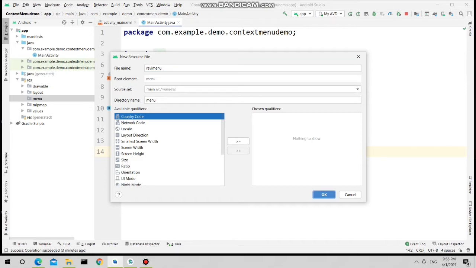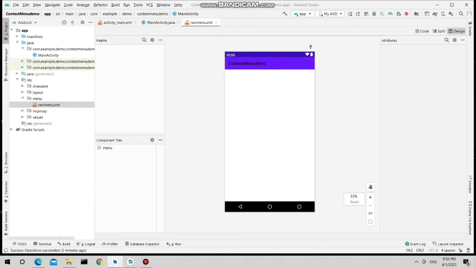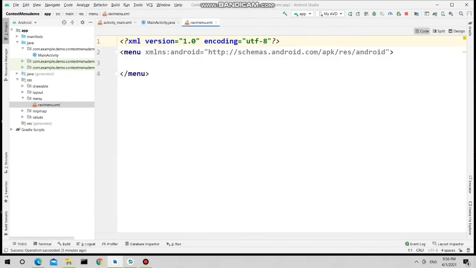So this will create the XML file, and in this XML file we are going to place our menu items. I'm going to create 3 menu items. So I'm going to the XML part, and you need to add the menu items with the help of item element. So you need to add the item element.